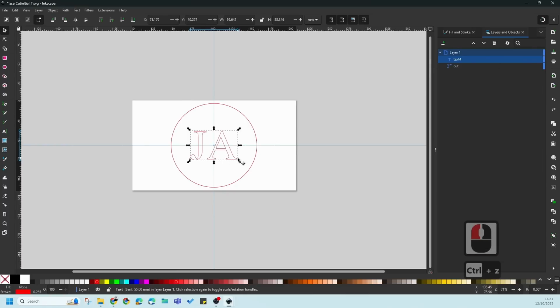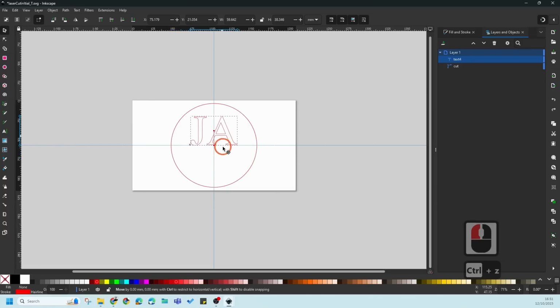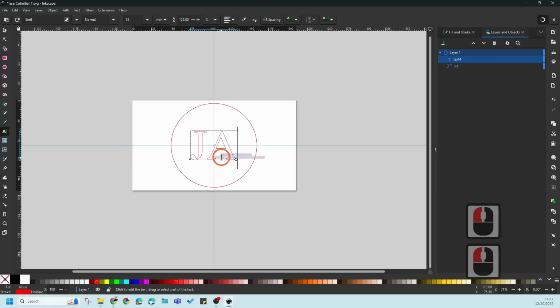So make sure whatever you change, you don't use these tools yet, because technically this is not a path, it's still a bit of text. Okay, so this is going to be my text that's going to be embossed. Okay, so I'm not going to change that. I'm going to go to the text edit tool, jump into the text, so edit the text,